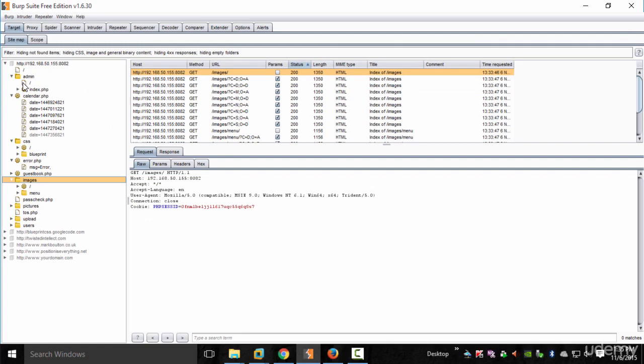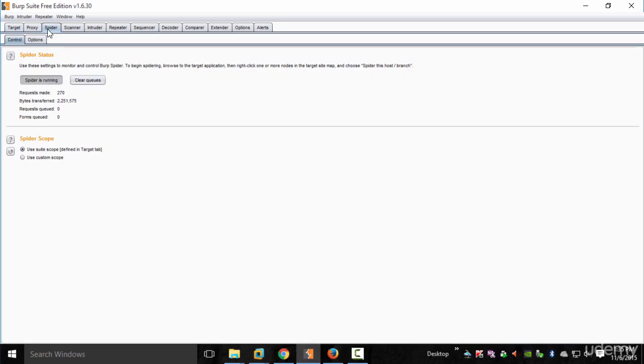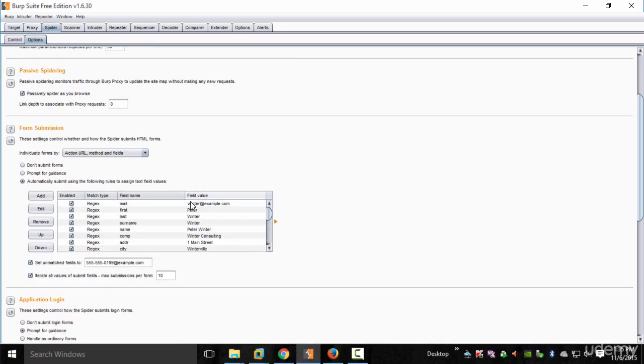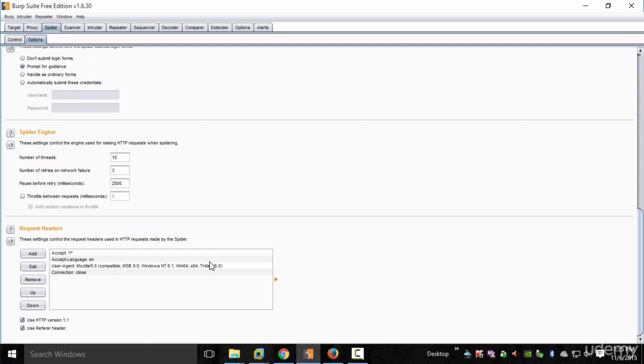So if you're spidering a shopping cart website, you may want to be careful, because the same products will have the same links, and the Spider tool will keep running for a very long time. So you may have to set some options in that case. So you can use the scope option. Go to Spider and then go to the options tab,